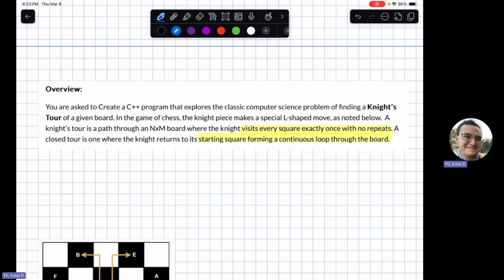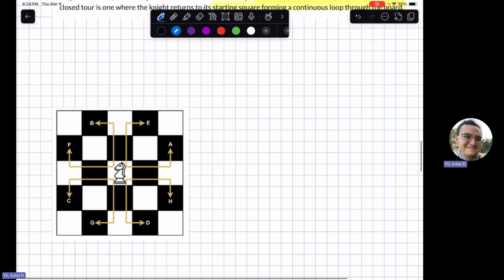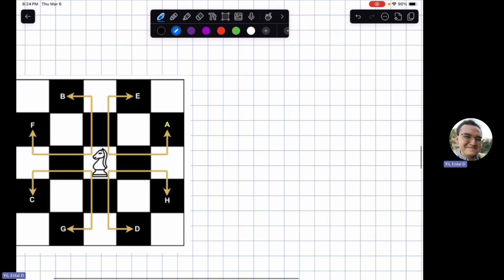So let's first break this into somewhat smaller subproblems. Let's worry about the loop, we'll put that on hold for now, but let's take care of the L-shaped moves because that's our restriction. An L-shaped move, of course, will have at least 8 possibilities and is denoted inside your homework as A, B, C, D, E, F, all the way until you reach H. So it's roughly 8 possible moves you can do for that single square. So you can say 8 possible L-shaped moves,